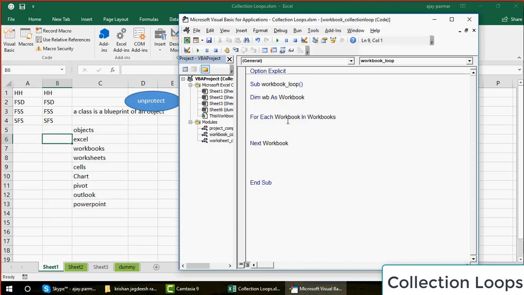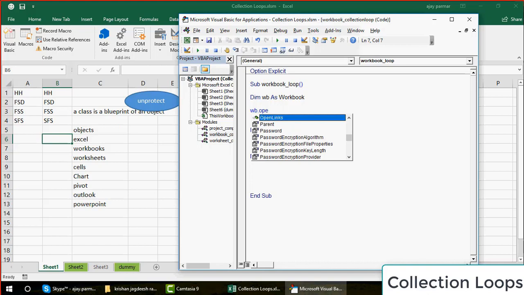So I change this to For Each WB, because that WB is now my workbook object. If I start pressing WB dot, I will be able to see all the things: activate, close, open, everything you will get here.